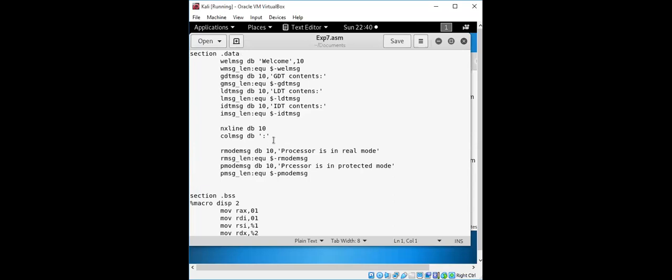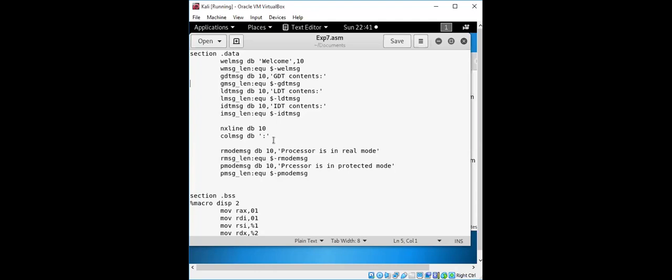So we need to have these contents depending on the P bit, which is a part of the control register. We have discussed that structure. The P bit, the protection enable bit, if it has been set, then the processor is expected to be in protected mode, or else it is in real mode. And not only with this control register 0, CR0, but it will be having a few other registers.